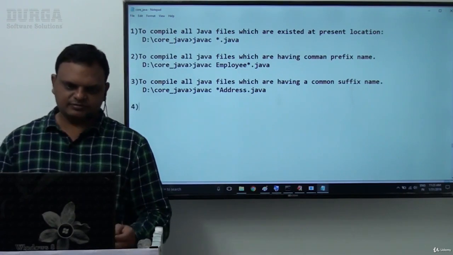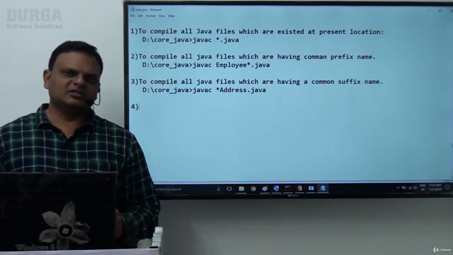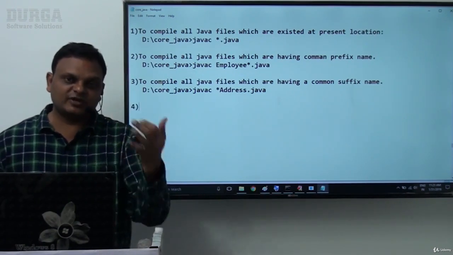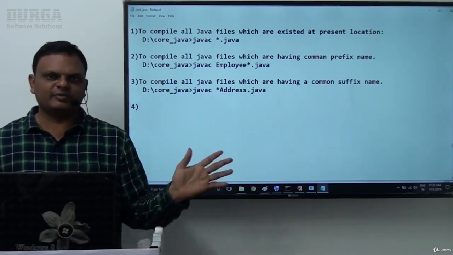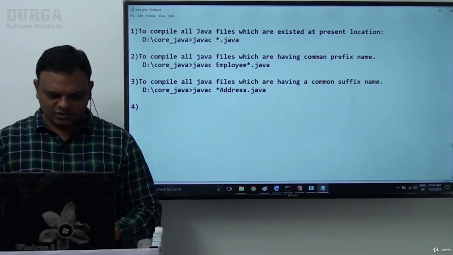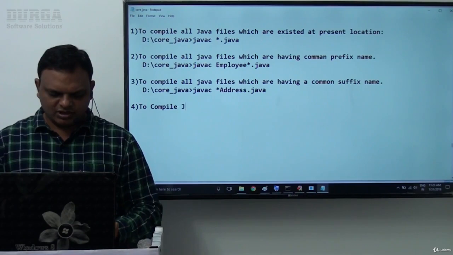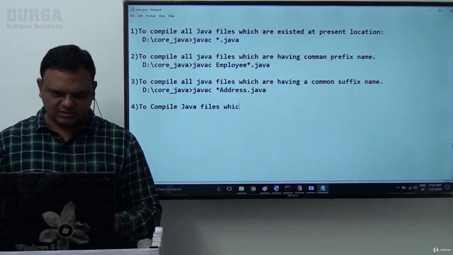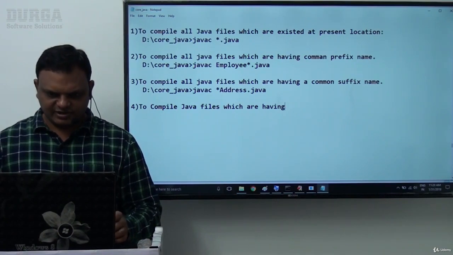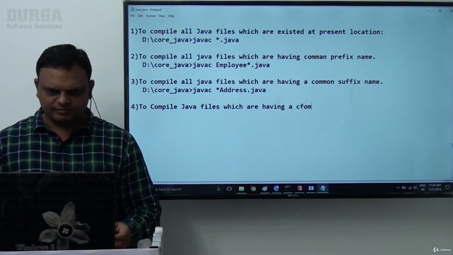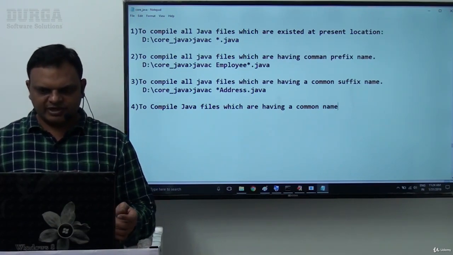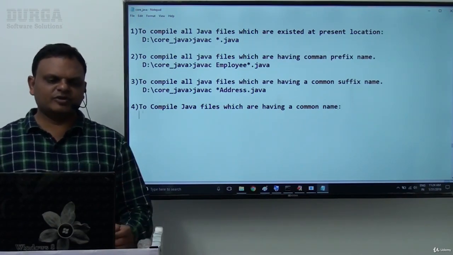Fourth case is available. I want to compile all Java files which contain a common word. That common word may be first, maybe in the middle, or maybe last. Wherever it may be, I want to compile all Java files which have a common word. So to compile Java files which have a common word or common name, which may be at the starting point, the ending point, or the middle,